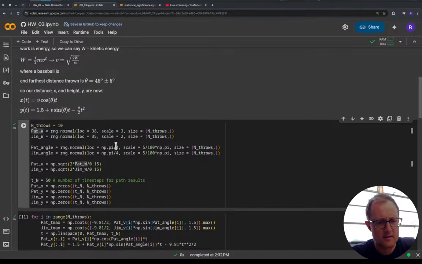What if we said on average they're about the same, but now I want to look at what if there's fatigue? What if Pat and Jim have different levels of fatigue? Maybe Pat is a professional softball player, or has been playing softball for a decade, and Jim is just sort of picking up a baseball and throwing it around. So maybe they do have similar strength, like 35 joules of strength to put into this ball, but maybe Pat can throw for longer, and maybe she doesn't drop strength as much. So let's